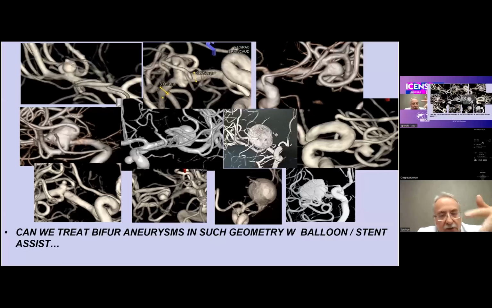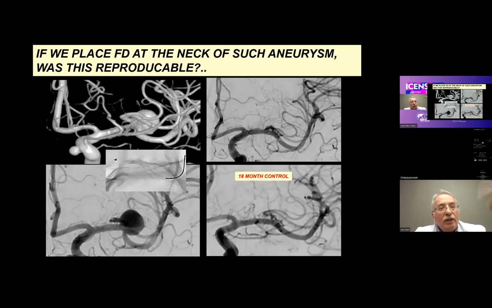And can we do this in every case like this? Is it possible? So if we place a flow diverter at the neck of such an aneurysm, the treatment result was reproducible. This is a very historical case that we first described, and this was probably the first case shown in Valdezar, and it got